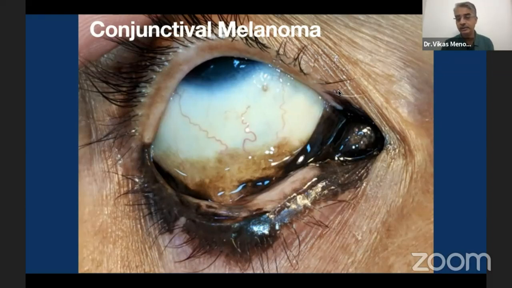Now, that is why the PAM lesions are very significant and should not be ignored when you see them. At least keep them under regular follow-up or observation. Or if you see any of the danger signs, then you need to treat them. The indications of treatment will be discussed subsequently in the talk on the management of these lesions.